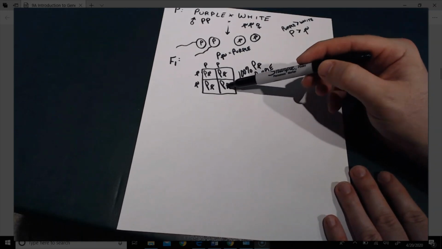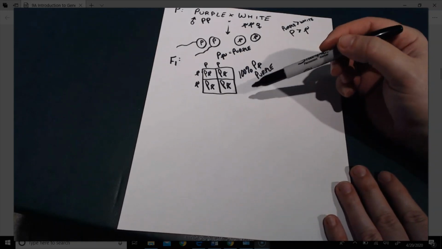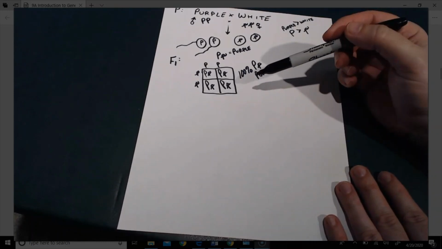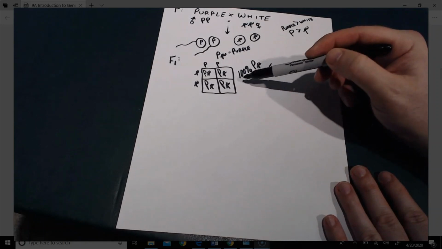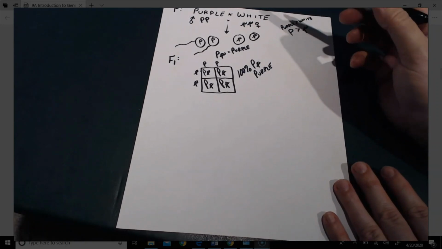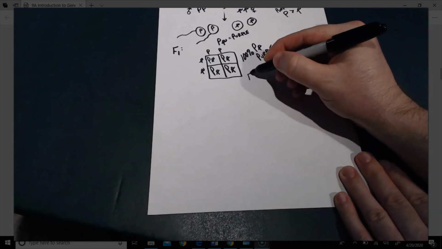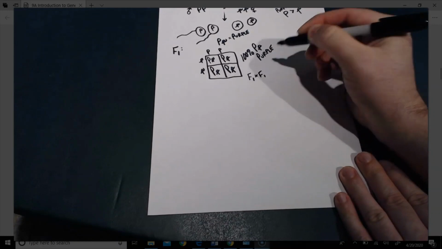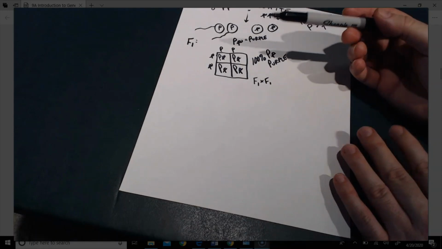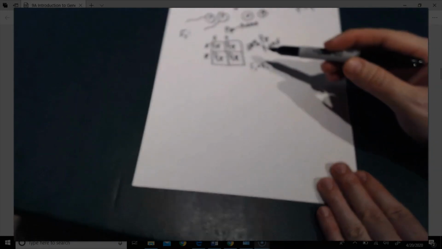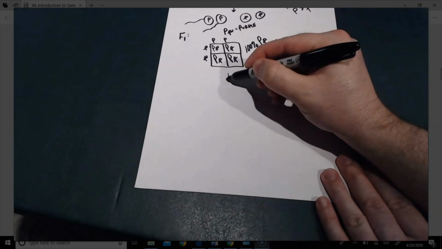Okay? So if he got 100 plants, he's going to take any of those 100 plants and mix them together. He's going to take the pollen, mix it with the eggs, and let these F1 plants reproduce among themselves. So he took an F1 and crossed it to an F1. Or you could even say he let one of these self-pollinate. He let it cross to itself. And what's going to happen here is that's going to get him his